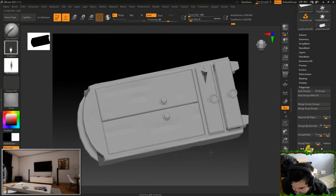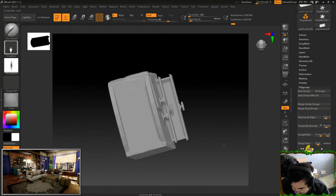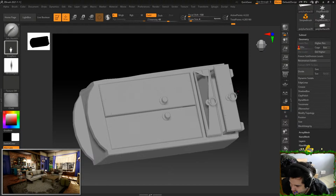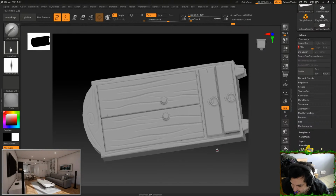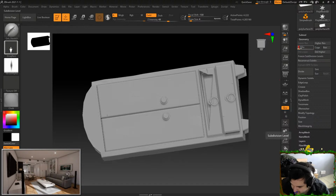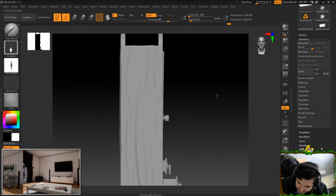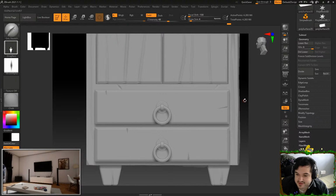Hold on a minute. What's going on? You see that freaking hole? What the? When does that hole appear when I move it? If I get down to one geometry, does it do that? What? Wait. What? Interesting. I've not done too much detail to this, so hopefully...